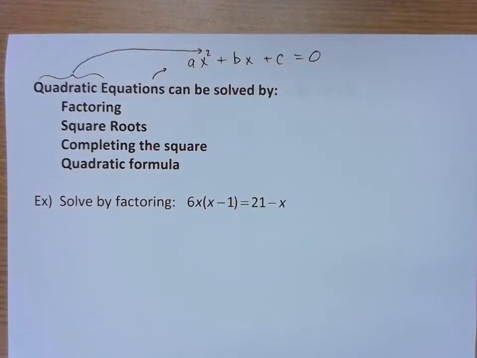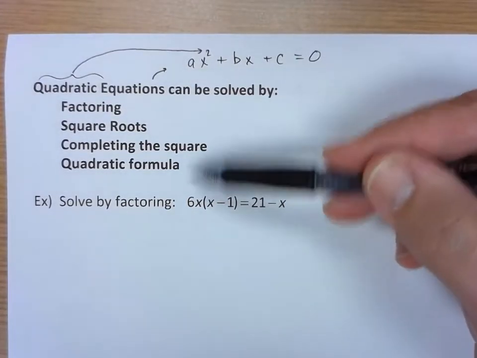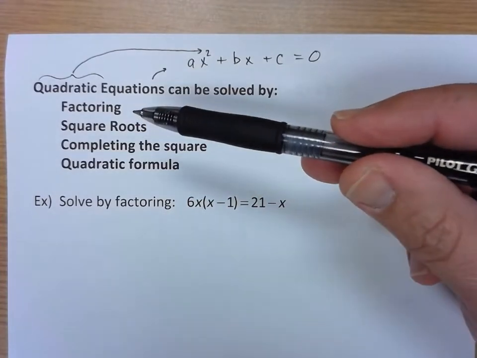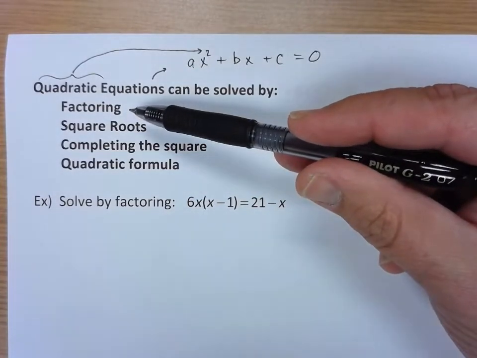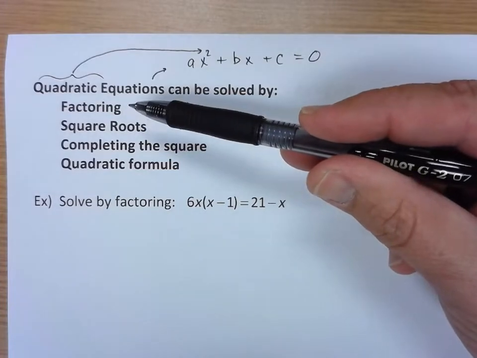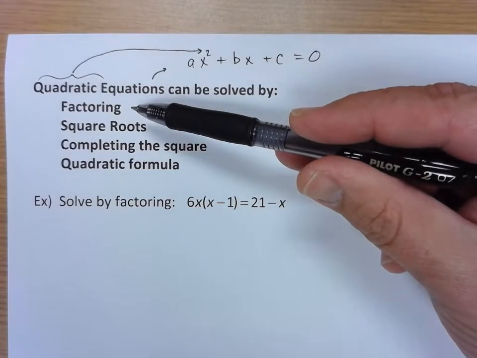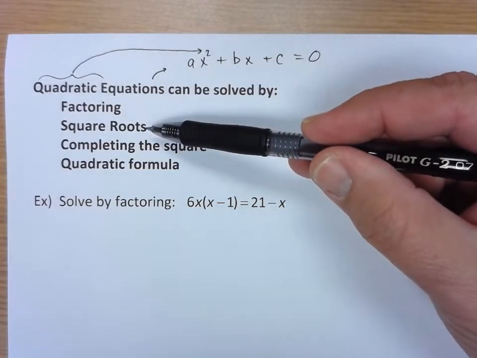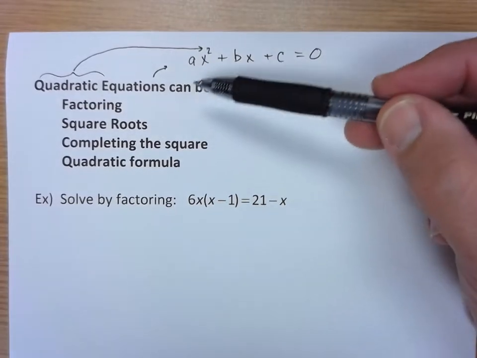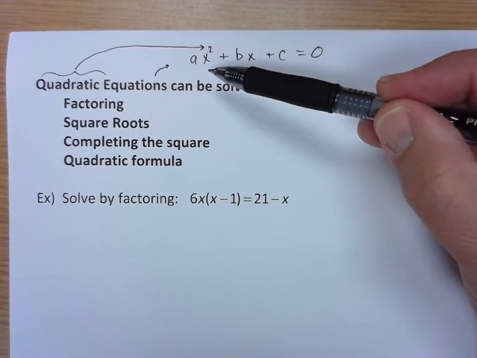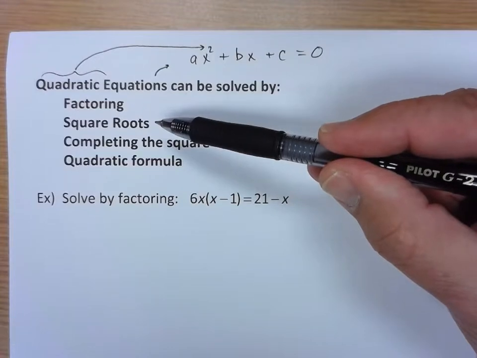Now, there's a big battery. There's a lot of different types of ways to solve a quadratic equation. You can solve some of them by factoring. Factoring works some of the time. It requires you to be able to actually factor the polynomial that's used in the equation. Square roots come about whenever you have a single x squared or a squared quantity, so you can just isolate the x squared and solve by using a plus or minus square root.